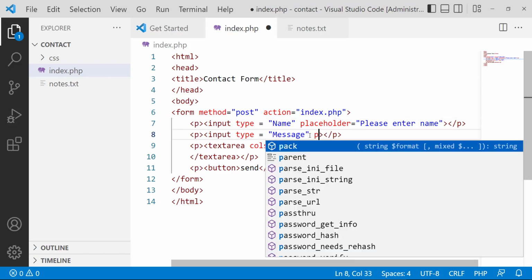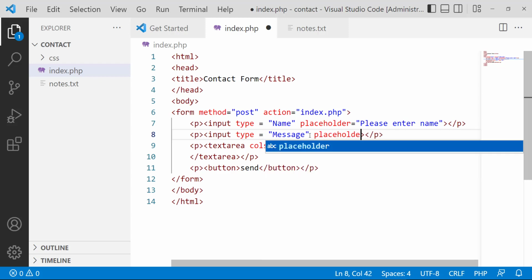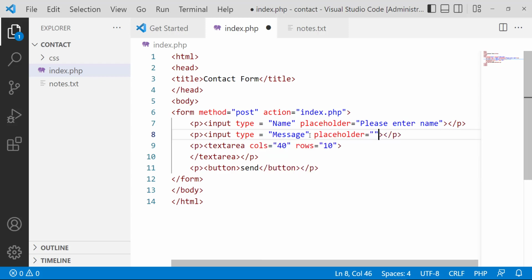Also want a placeholder and would want to say type subject here,